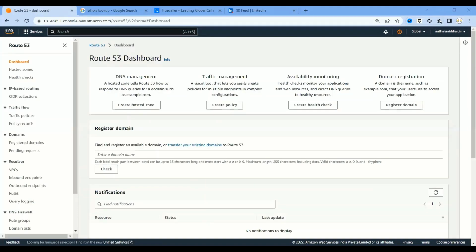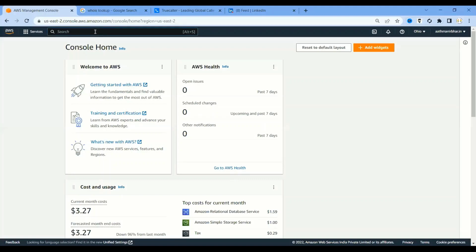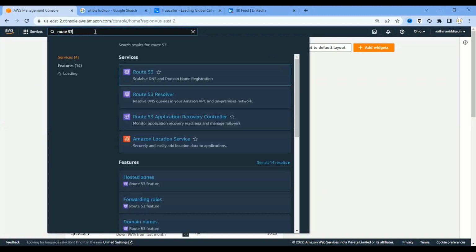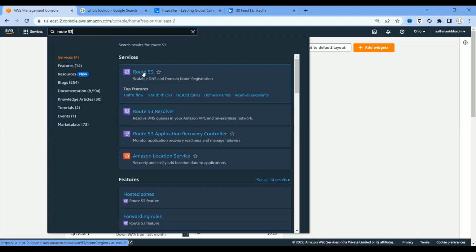This way, we can select the service. And the second method is you can type in the service name directly in the search field. This way, we can select the service of our choice, and